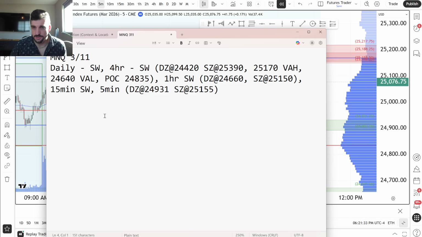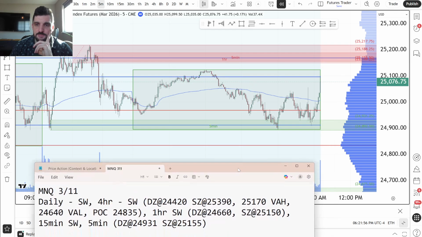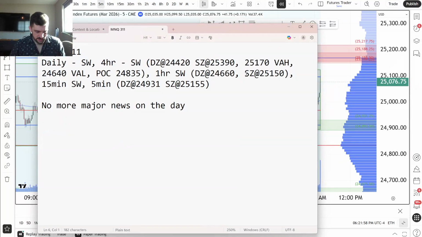And then what I'm going to do here is just write a story, all right? So then say that no more major news on the day, all right? And then I'm just going to develop a game plan. Now, I like to write observations down, tell myself a story, and really paint a picture of this market, okay? So what I can see clearly, if I go back into the higher time frame distribution,